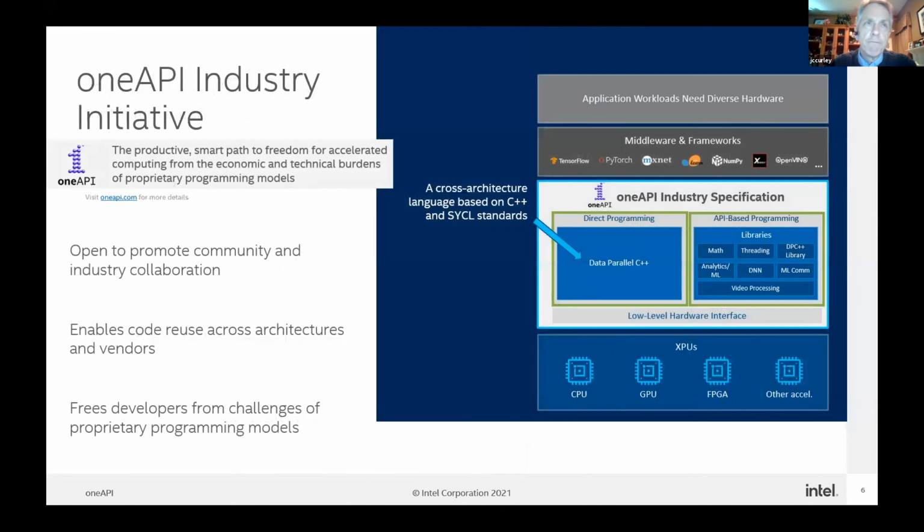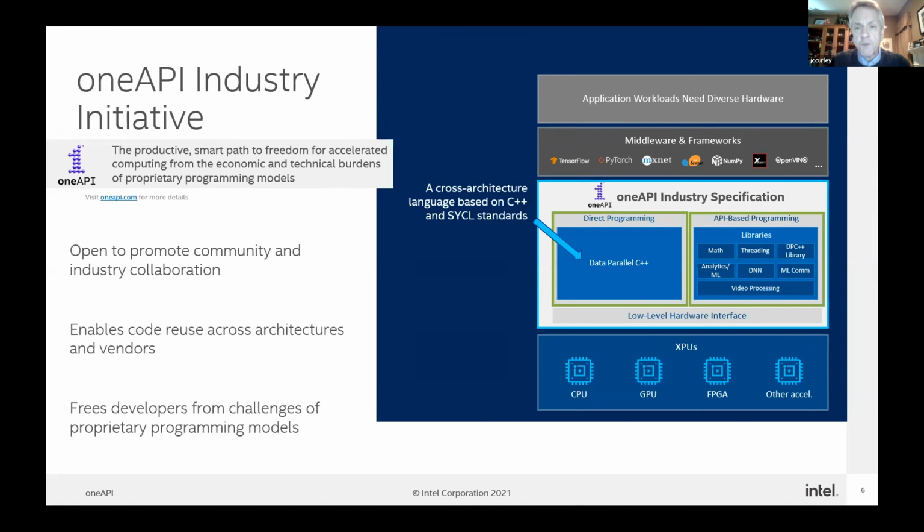That's the problem statement. And to try to work on that, Intel has gotten together actually with members of the industry. I'll talk about some of them at the end. Some members of the Intel Extreme Performance User Group and other even competitors in the space to try to define a new standard, which we call oneAPI, and it's an industry initiative, and it's intended to solve the fundamental problem of dealing with how you can try to find a way to scale and effectively program diverse accelerators with diverse microarchitectures in a common tool chain.